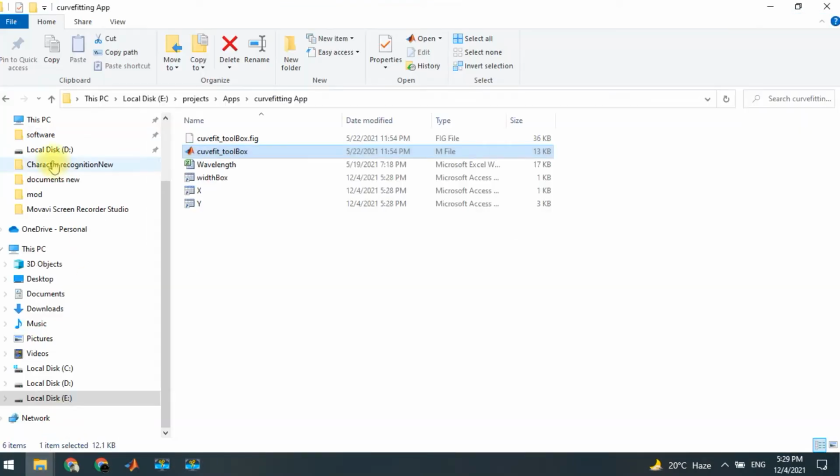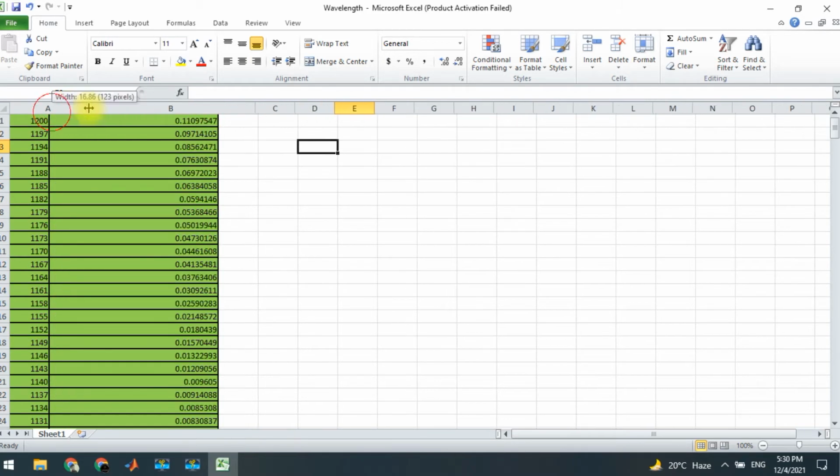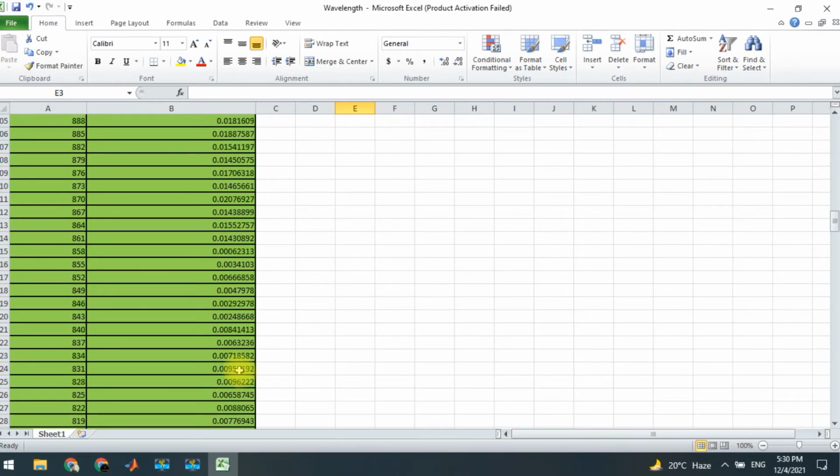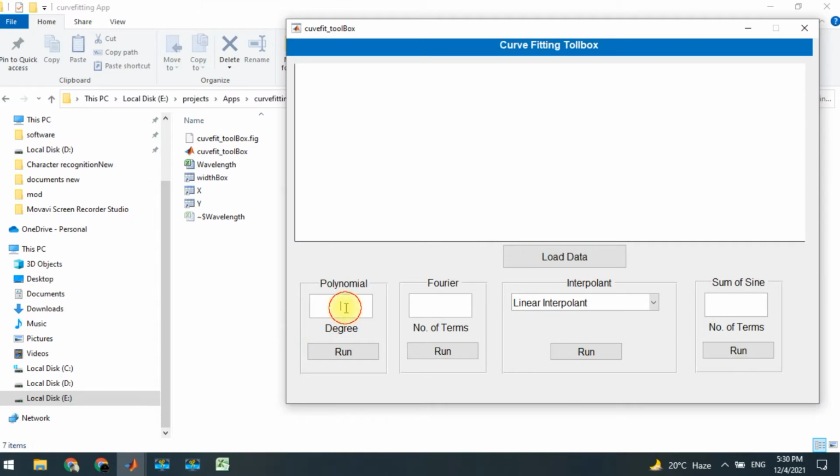If I open this data, you will see that there are two columns. One is the data for the x-axis, the other one is the data for the y-axis. You can replace this data with any of your own data. So when I use the polynomial for the curve fitting procedure, I use the 8-degree polynomial and I run this